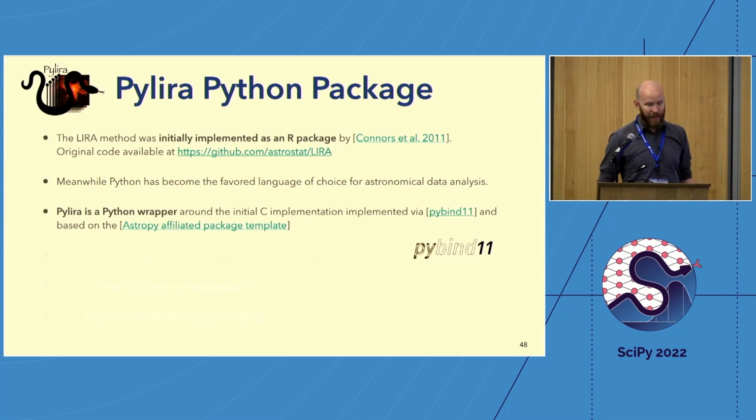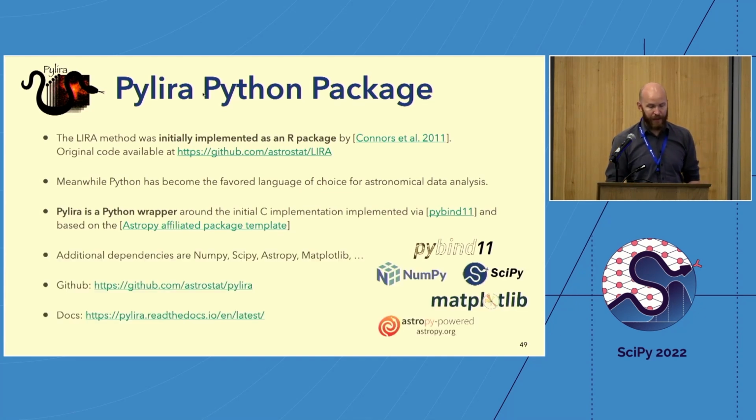So Pylira is effectively a Python wrapper around the initial C or R implementation. This is implemented via PyBind 11. I think on Friday there's going to be in the maintainers track another tutorial on PyBind 11. This is highly recommended. So PyBind 11 works very, very nicely. And then I also decided to put this into an AstroPy affiliated package template. In addition, there are dependencies like NumPy, SciPy, AstroPy, Matplotlib, so standard dependencies from the scientific Python ecosystem. The code can be found on GitHub, so astrostat/Pylira, and also there's documentation that you can find